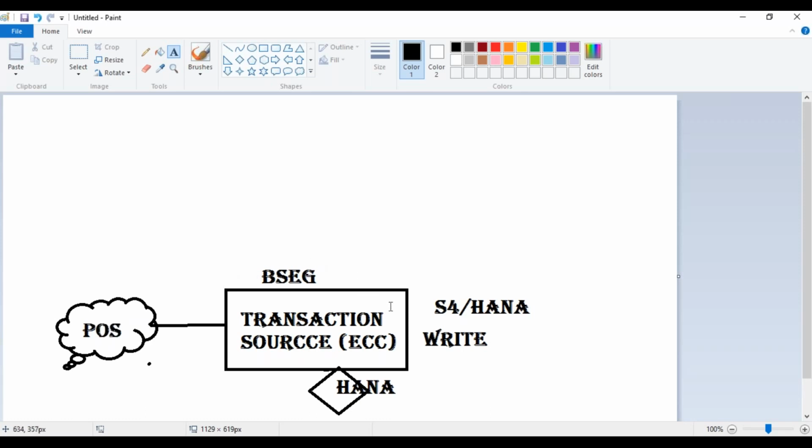Since my database is on HANA, it's really powerful. I can even read this BSEG table and generate a financial report on it, because this table is always updated, since it is the table being written whenever a financial transaction is happening. Why don't I just read it and do my reporting on top of it? So instead of having my reports in a separate system, I build my report directly on top of this BSEG table. The same table in S4 HANA is being written and read at the same time.